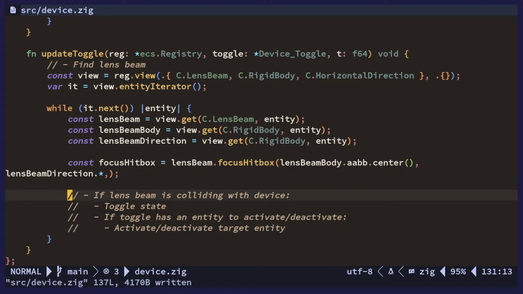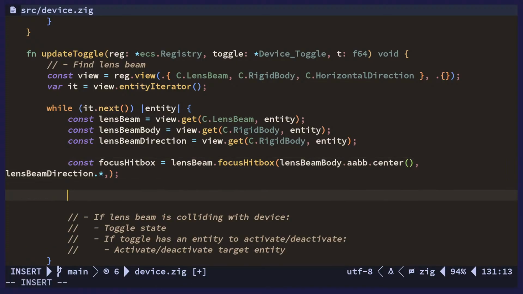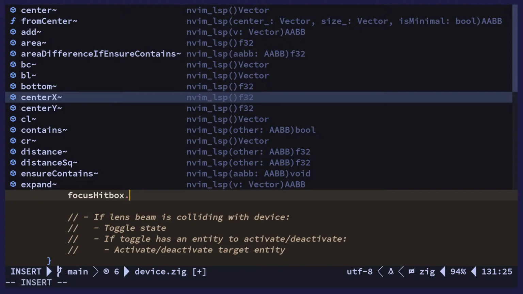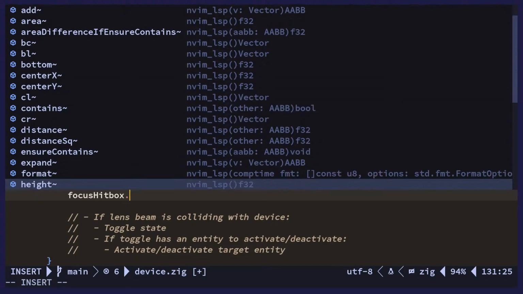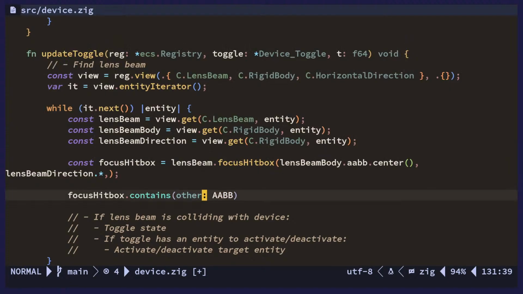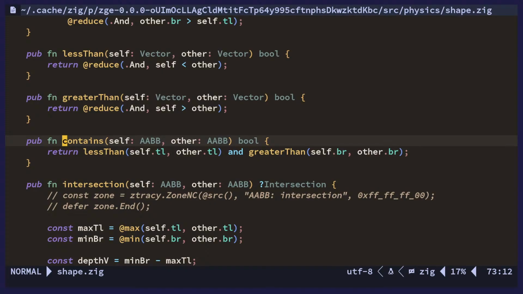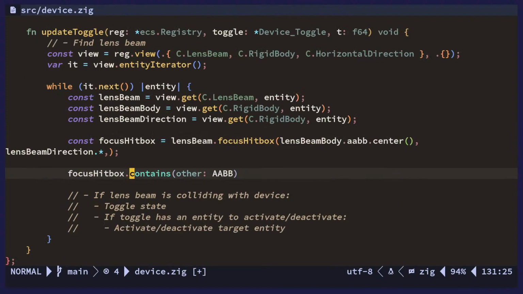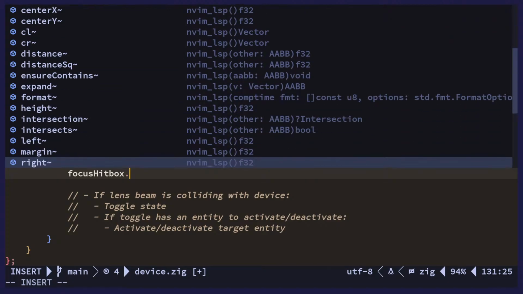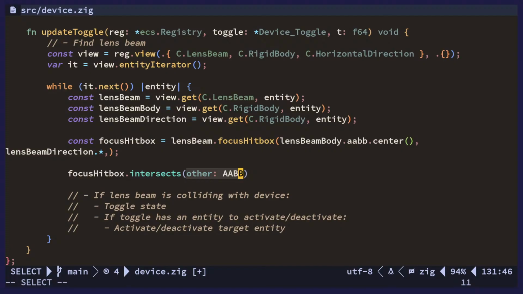So now we have the hitbox. Now we need to check if it's colliding with the device. So, wait, what's the function? Contains? No. Yeah, no, it's not contains. Intersects, there we go. So if it intersects with,